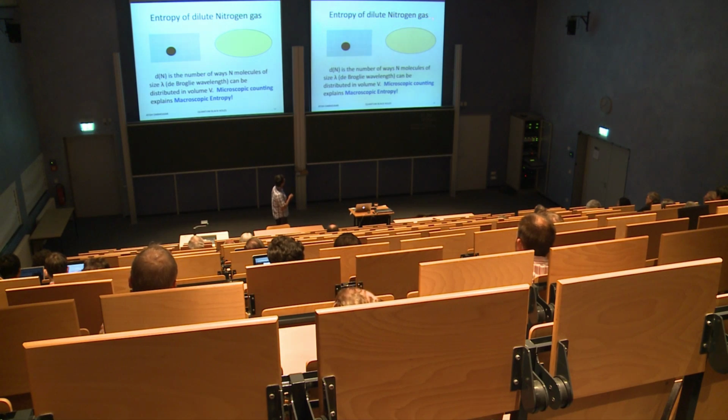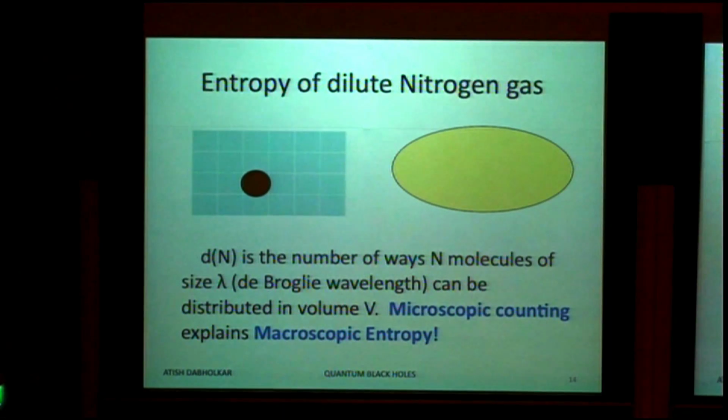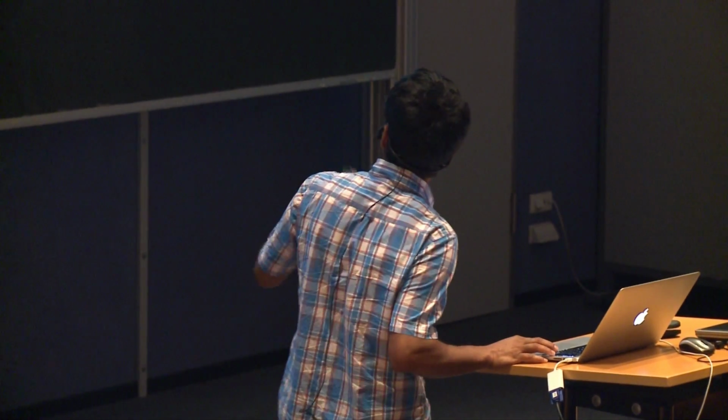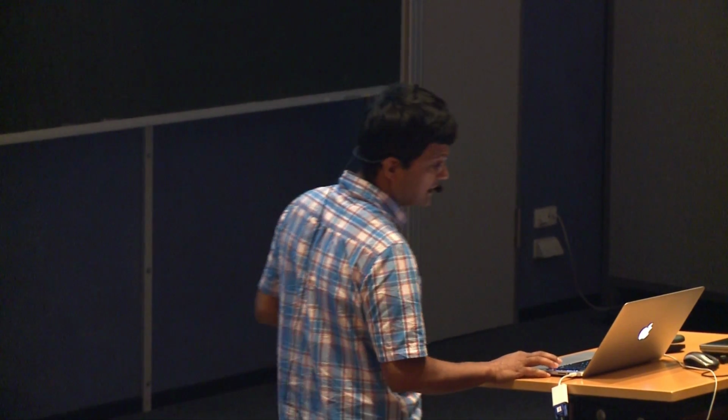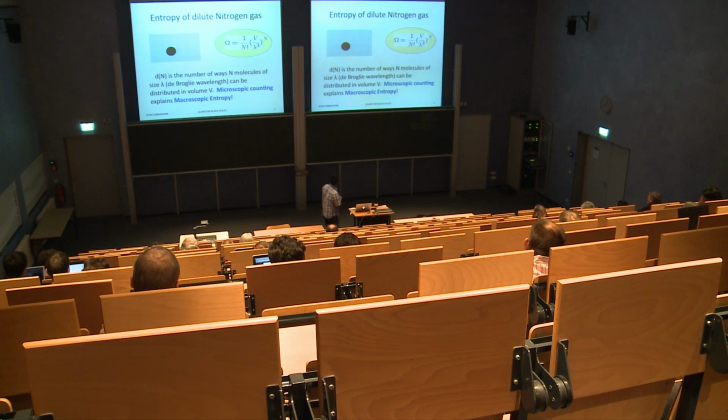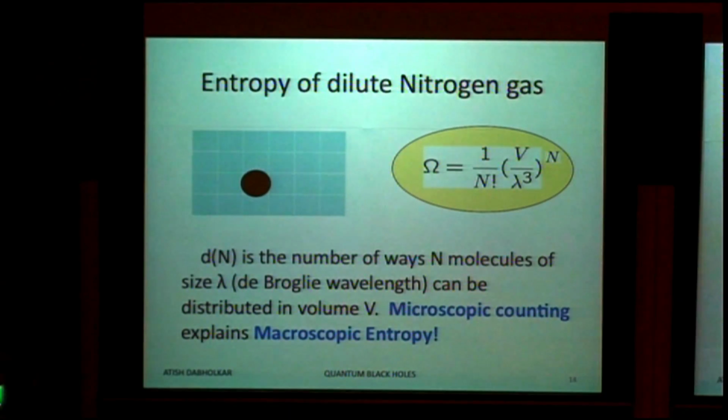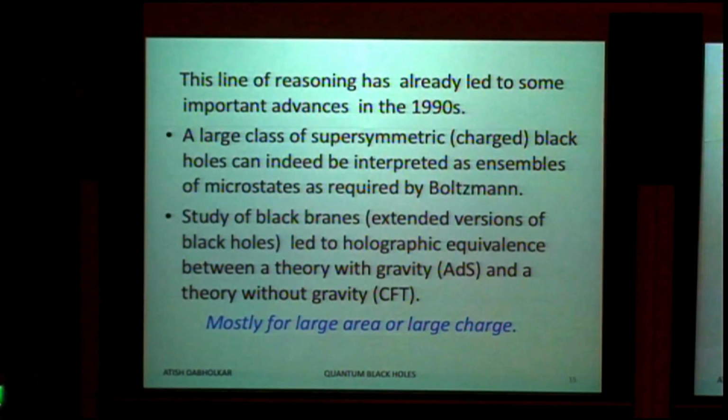Basically, you can measure the entropy of a dilute nitrogen gas by doing an experiment, and then you do a count. This is the room, there are these nitrogen molecules. So, volume divided by the typical size cube is the number of boxes, and there are so many ways of putting these molecules there, and then you have to divide by this 1 upon n factorial. And what is amazing is that if you just use the de Broglie wavelength of the nitrogen molecule, this agrees with experiment. So, this was one of the big successes of kinetic theory.